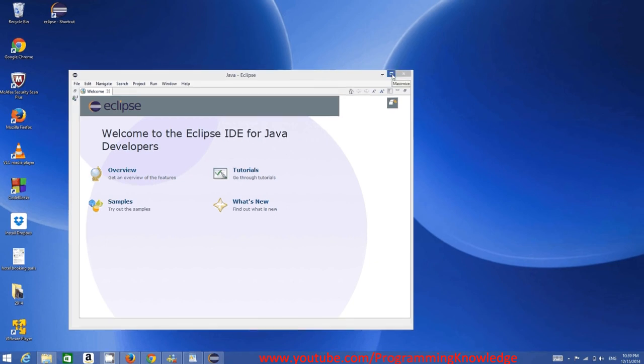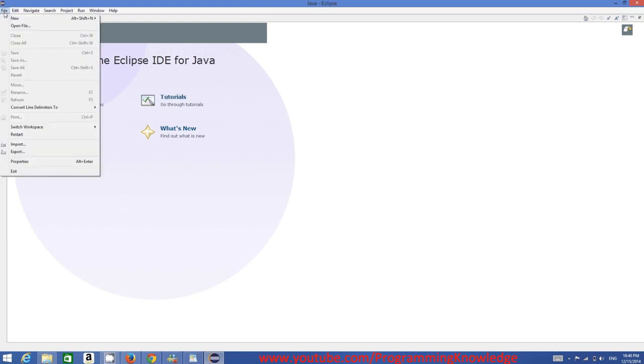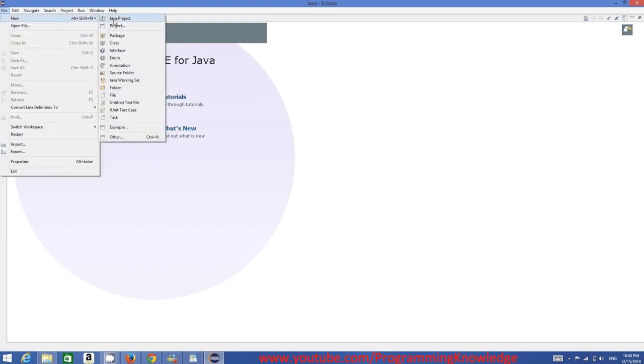So I will just maximize it, and I will be able to see this message: Welcome to the Eclipse IDE for Java Developers. And you can see they have some tutorials, samples, overview, and what's new. So to create a new project in Eclipse IDE, you just need to go to this File option here and go to New, and we are going to create a new Java project. So just click Java Project,